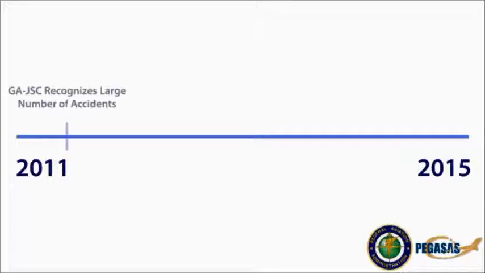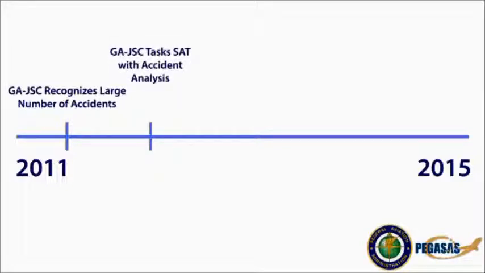In 2011, the General Aviation Joint Steering Committee, or GAJSC, recognized the need to address loss of control accidents and started researching ways to mitigate these events. They tasked the Safety Analysis Team with the analysis of accidents that were caused by loss of control. Following the Safety Analysis Team's findings, the Loss of Control Working Group was founded to research and make recommendations for